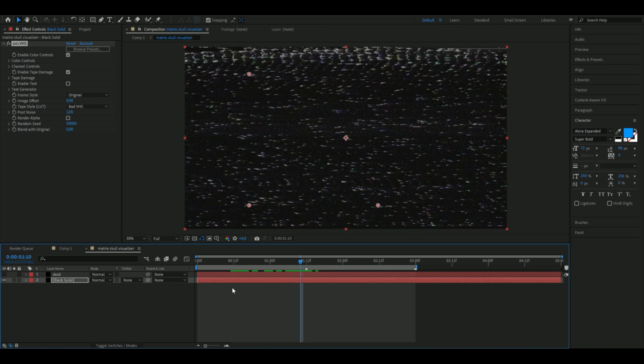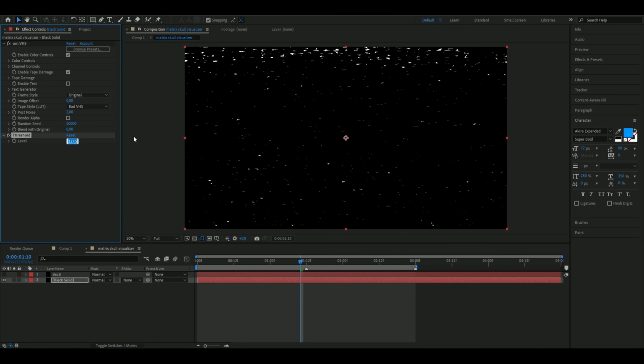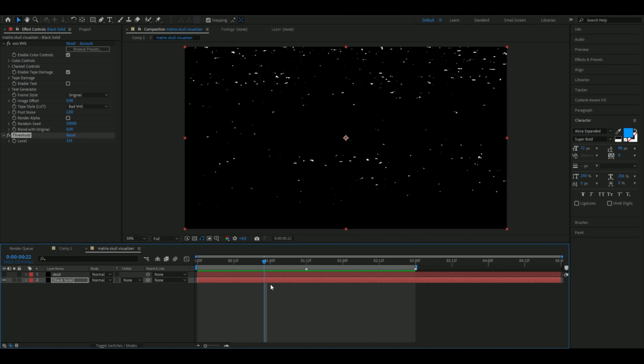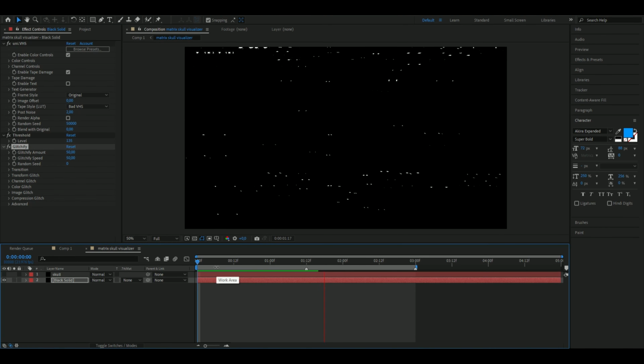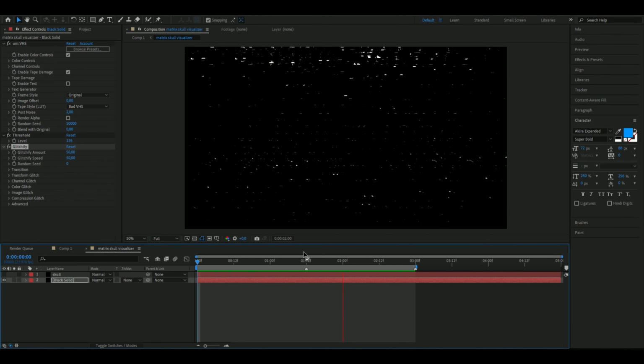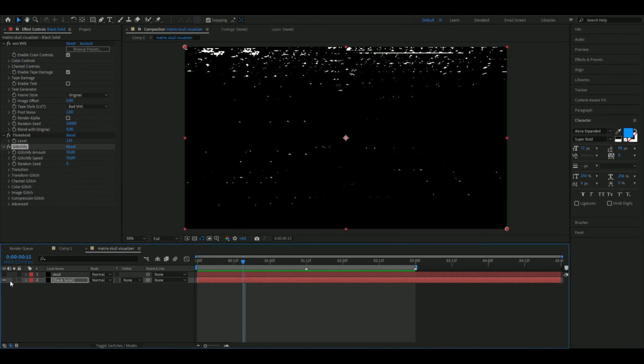And after that we're going to be adding an effect called threshold. It's going to look like this. We're going to set the level to 135, so this is how it looks. And then we're going to be adding glitchify to this. Going to be glitching here. So now we get the background texture like this here, and now we're done with the background,